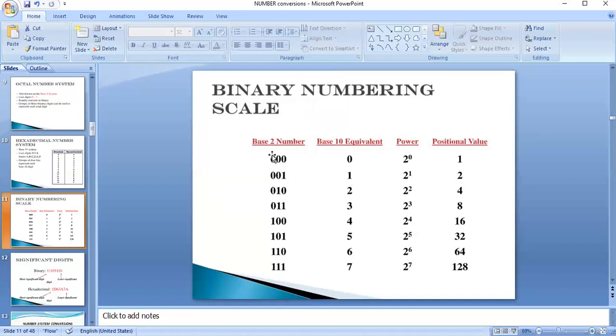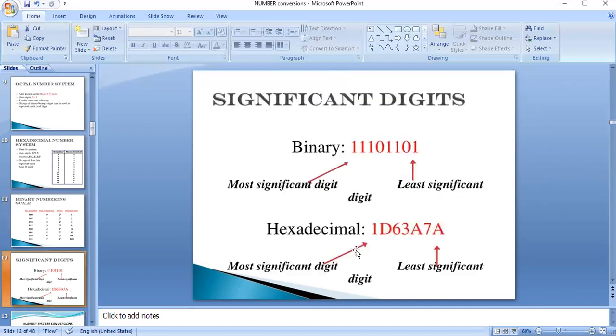And if you want to represent 3 in binary, see here, 2 power 0, 2 power 1, 2 power 2, meaning 4, 2, 1 code. 2 plus 1 is 3, so the LSD position and the next position should be 1, because 2 power 0 plus 2 power 1 gives 3. Like that, you have to write the binary equivalent. It may be 3-bit or 4-bit or whatever, you have to write the binary equivalent for the given decimal number.